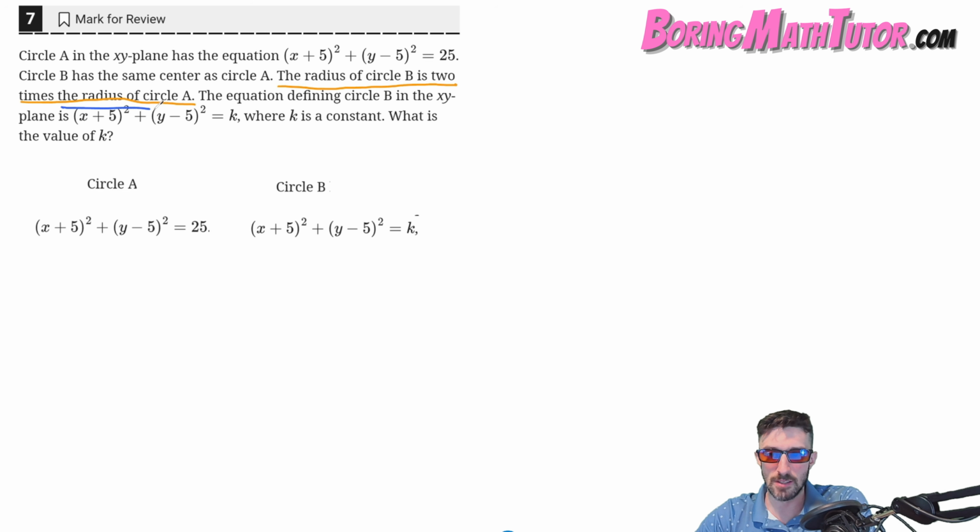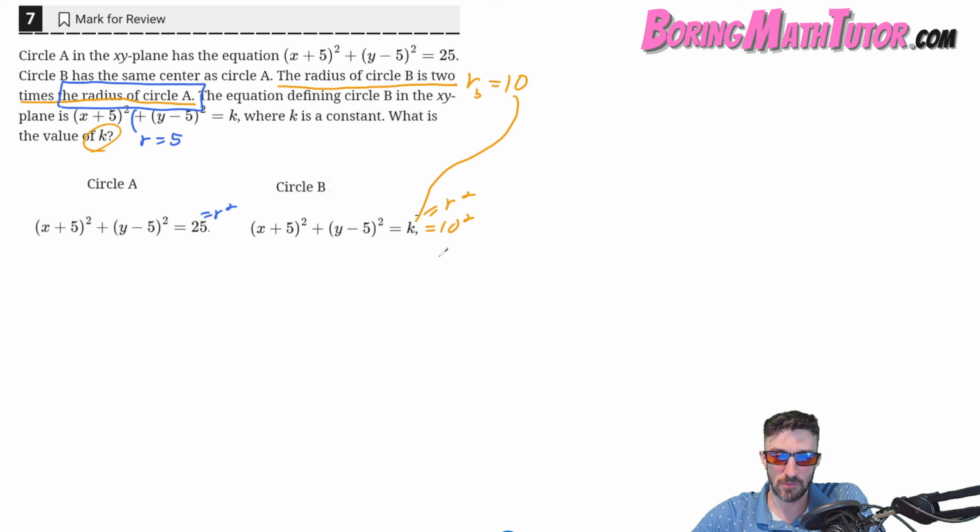But what is the radius of circle A? Well, this is equal to r squared, so that means that the radius of circle A is 5, the square root of 25. So now if the radius of circle B is 2 times that, that means that the radius of circle B is equal to 2 times 5, which is 10. So that means that 10 squared, which is the radius squared, must equal K. And what are they asking for? They're asking for K. So that means K is equal to